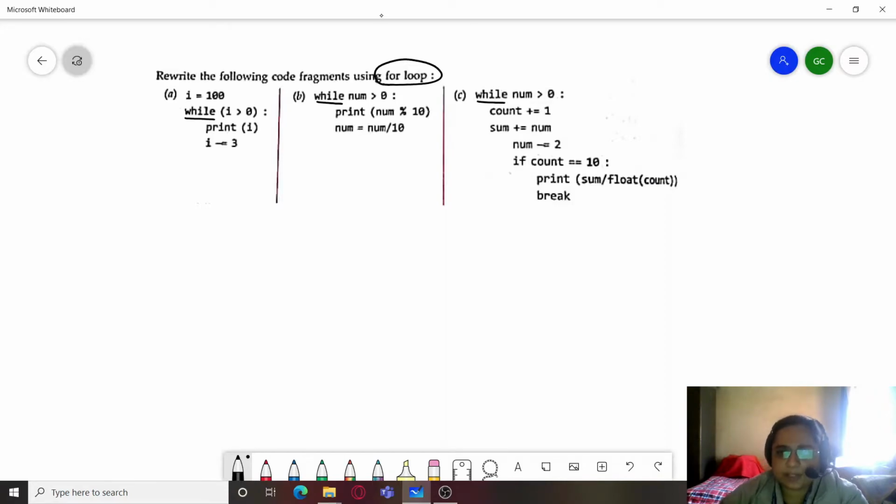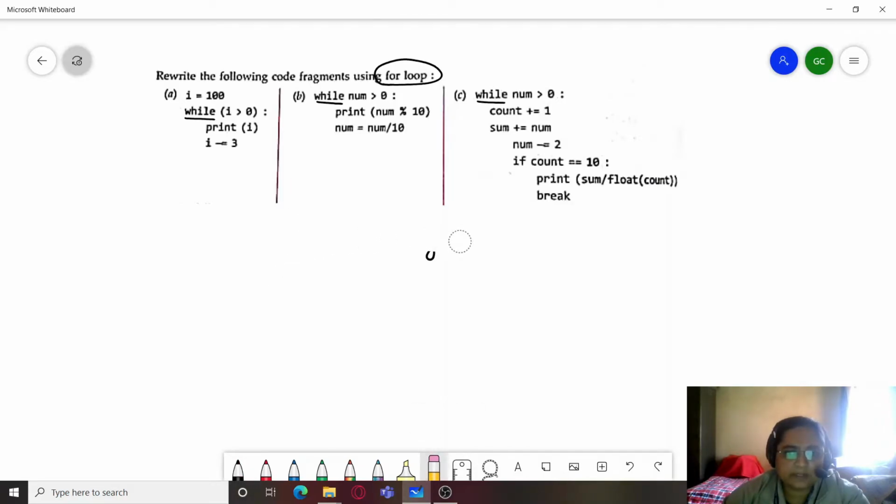So in other programming languages we can eliminate the difference between while and for loop, but in Python we cannot do so, because for loop usually follows two variants, one is for item in collection variant and the other is for range. So here, looking at the three codes, it would be suitable to use the for range variant only, but there would be a subtle difference in this.